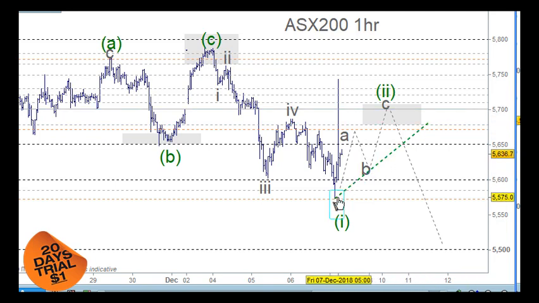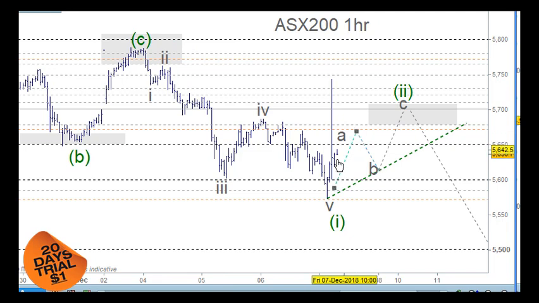Once again, it's important to look at this. We'll go up to 5650, and then we'll have a reaction from there, and then we'll have another push up. So we may only come back up to the 4th wave of one lesser degree or roundabouts there, so that 5672. But basically after the A wave is finished, which is 2/3 of the way through now, once that's finished, we'll get our B wave here, okay, and then we'll get the C wave. So when this C wave goes up here, if you can count it into 5 waves, that's fine. You can look to short it,